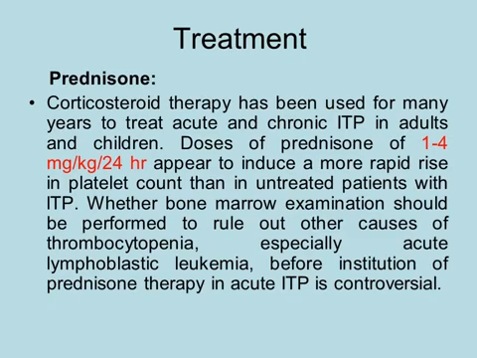Prednisolone is the oldest and the cheapest line of treatment, which has been used for many years for acute and chronic ITP, whether in children or adults, in a dose of 1 to 4 mg per kg per 24 hours for prednisolone. It appeared to increase the platelet count